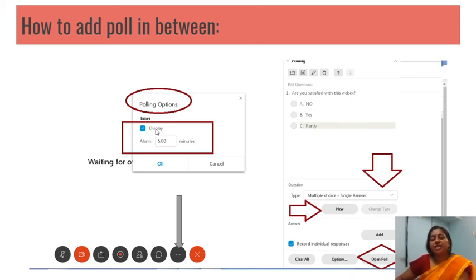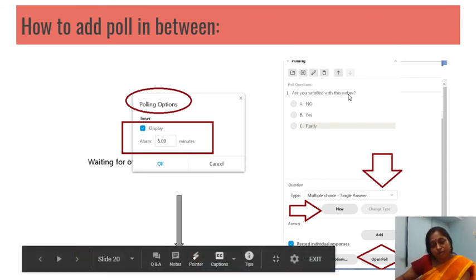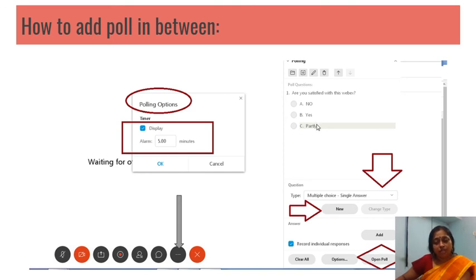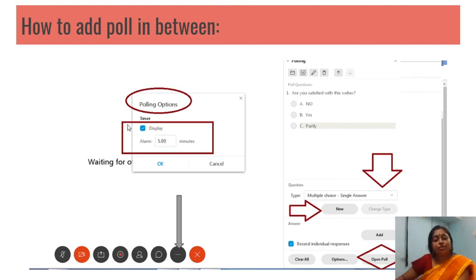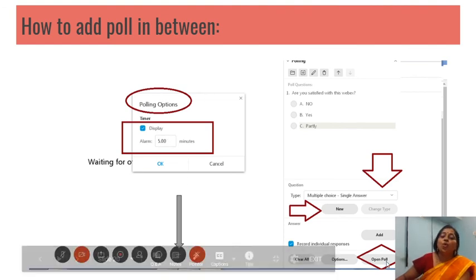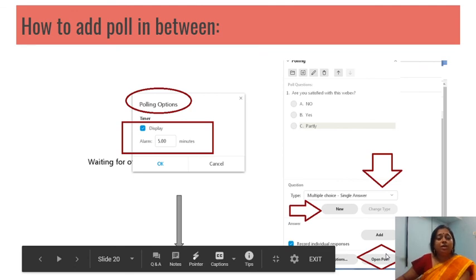Also you can add polling in between. Generally in synchronous communication, to check whether students are in sync with you or whether they are listening or not, you can use polling options. You can ask a question. Here you have to write the question, and in real time communication give the answers. Then you can adjust the timing, 1 minute, 2 minutes, 3 minutes, and then you can open a poll. Whatever things were in mind, that is solved a little bit by this Webex platform.